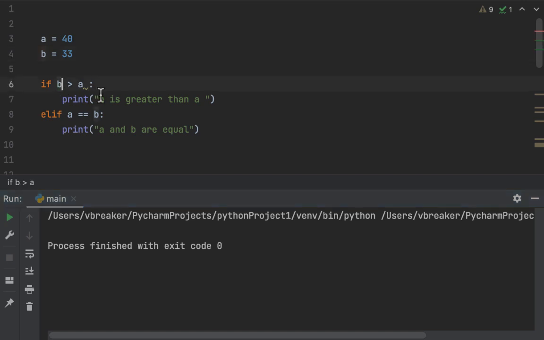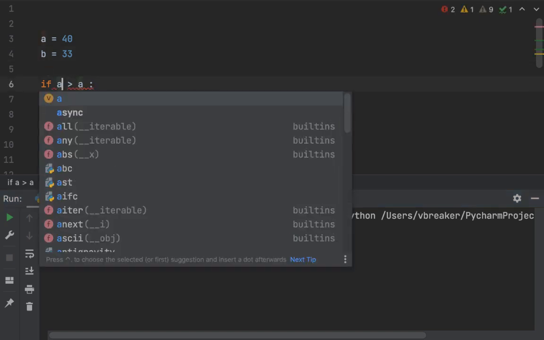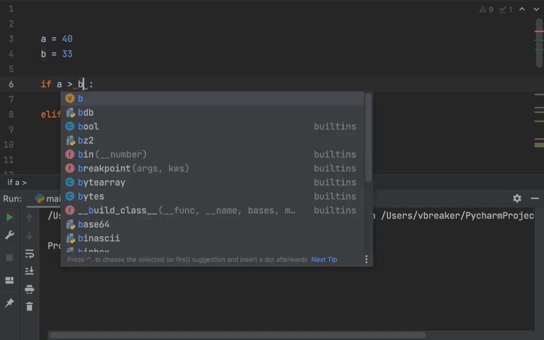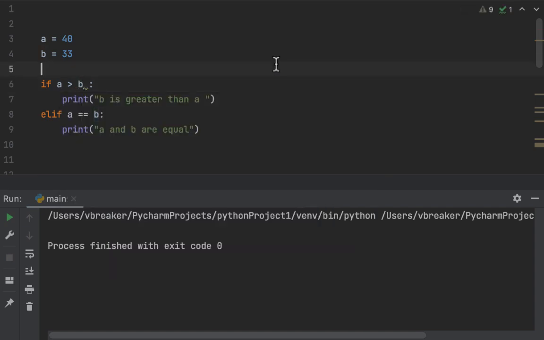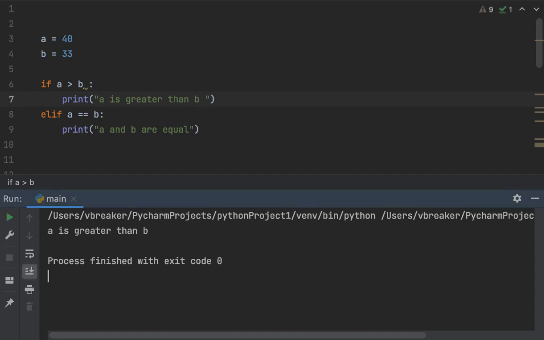But if I change it now to A is greater than B, we should have A is greater than B. So let's run the code. Now we have A greater than B. So that is how if statements make your code so interesting to play along with. So always try to use this to build out